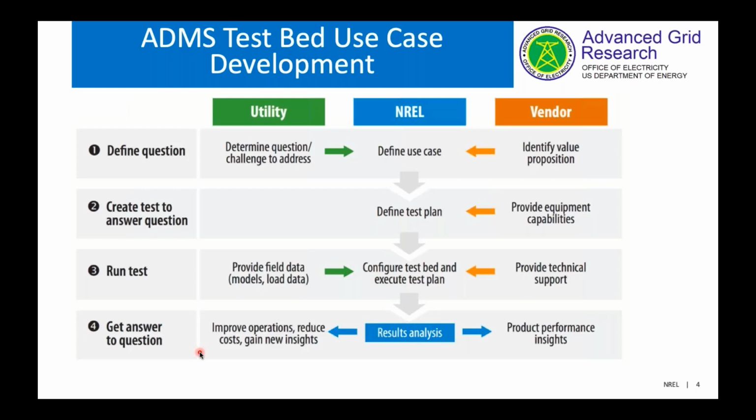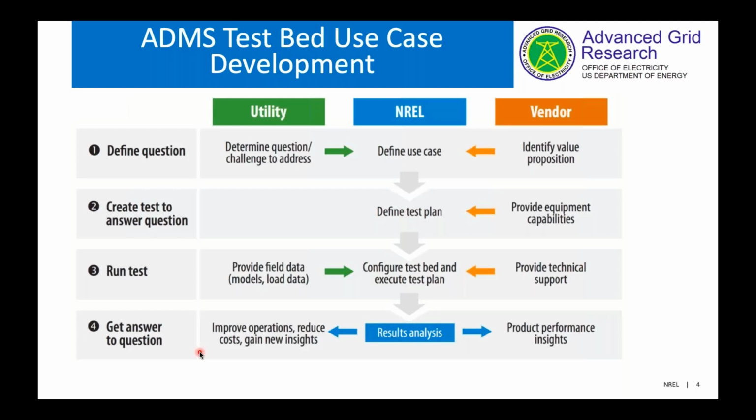The way it works is we reach out to utility, or we have some conversations with utility to understand different challenges or define the problem, as you can see in step 1 right there, and also look at vendors to see how they're planning to solve it, or if they are preliminarily deciding to solve it using some of the algorithms, and we define a use case based off these inputs. That's the first and foremost thing we do. In many cases, these algorithms are not fully mature. They are probably going to use the testbed as a means to really develop the algorithms going forward. Once we define the use case, we come up with a test plan, especially looking at what different type of hardware equipment we need, software equipment we need for this specific use case.